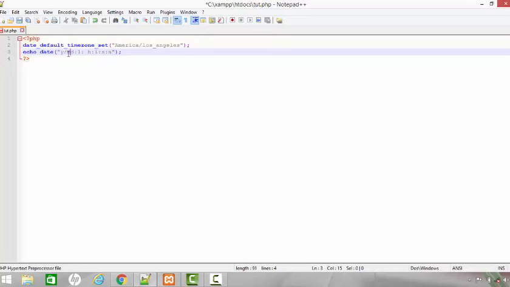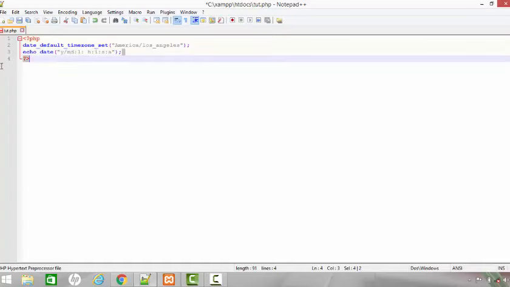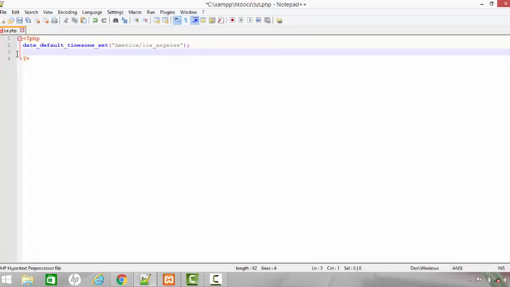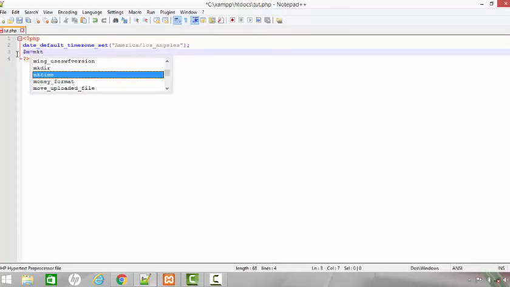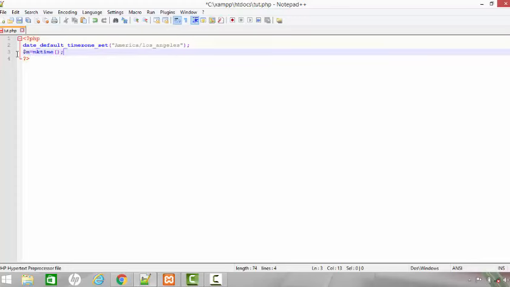Now, let's say we wanted to create the date or the time. So in order to do that, I'll erase this. I'm going to make a variable called m. And m is going to equal the mktime function. And this allows you to create the date. And it returns the Unix time stamp. So I could create my date and my time. So I will go ahead and